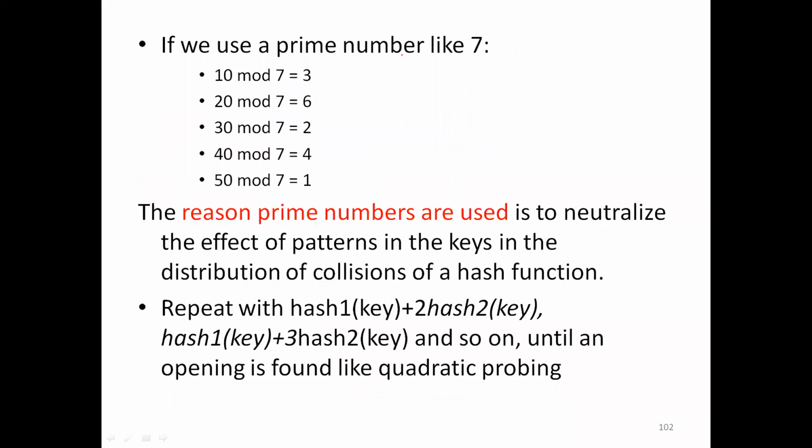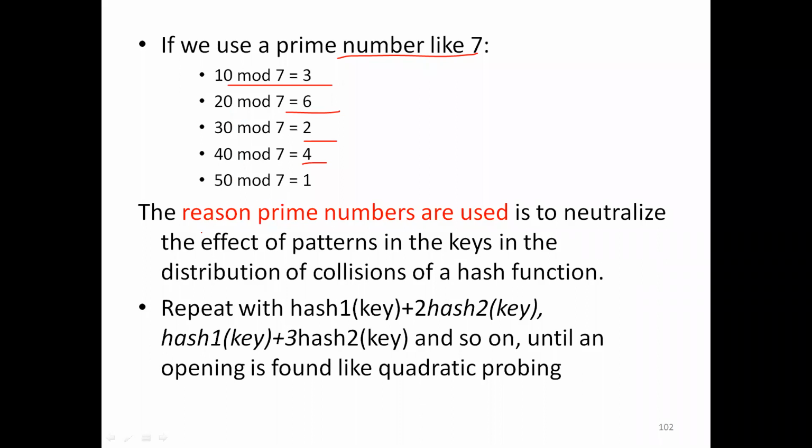For example, a prime number like 7. If it is a random case, where the elements are inserted randomly, no problem. You can choose any number, like 4 as we said in the previous slide. But if it is not random, and it is coming in some order, 10, 20, 30, 40, or 10, 15, 20, 25, 30, 35, then the problem occurs. See, these values 3, 6, 2, the slots, the indexes are different. That's why we are choosing the prime number for the second hash key.